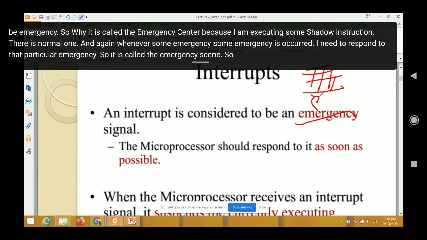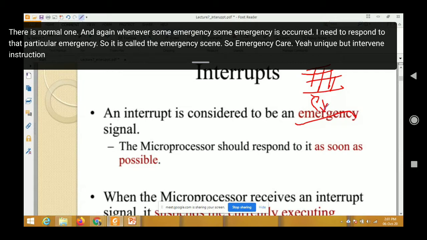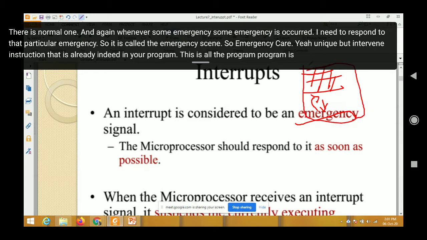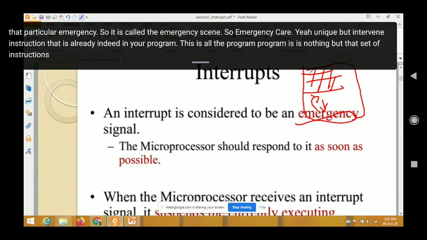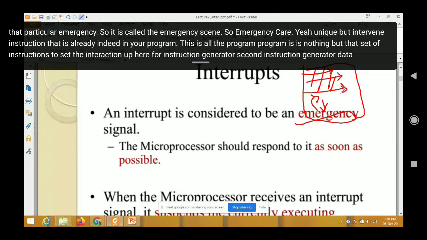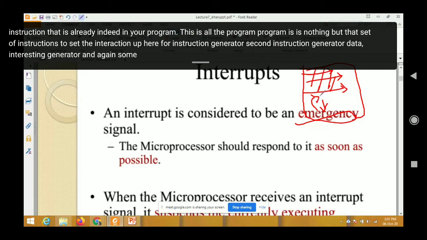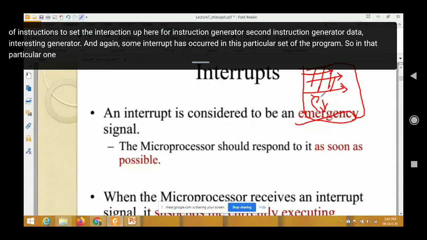So emergency आने के बाद, इंटरप्ट आने के बाद वो पर्टिकुलर इंस्ट्रक्शन जनरेट नहीं होगा. Your program is nothing but a set of instructions. तो set of instructions को आप एग्जीक्यूट किया, फर्स्ट इंस्ट्रक्शन जनरेट किया, सेकंड इंस्ट्रक्शन जनरेट किया, and again some interrupt has occurred in this particular set of the program. So whenever that interrupt signal is generated, it is called the emergency signal, because it will